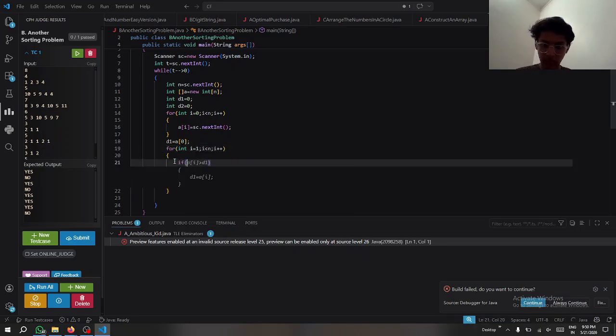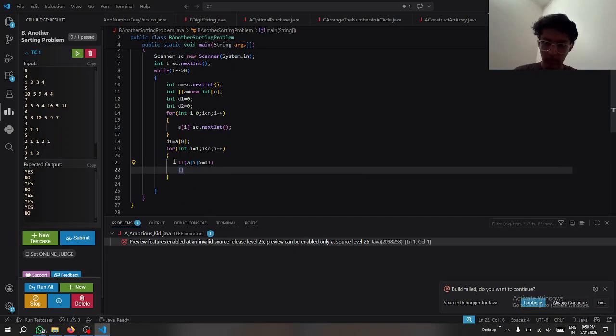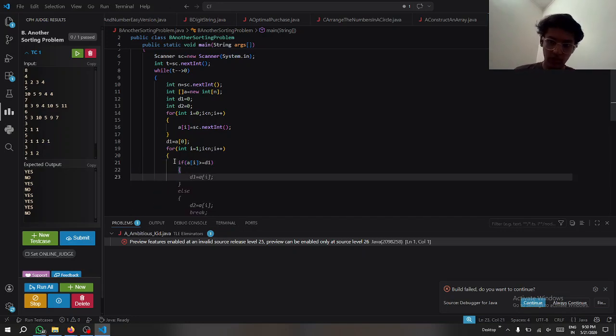If a of ith index is greater than or equal to d1, then we need to note down i in an array,